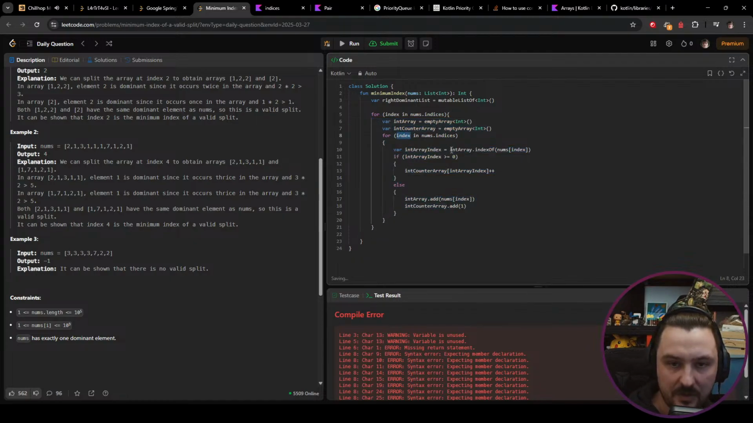And here we should go from 0 to index, left index, and this left index should be used everywhere in here. So one slight optimization that we can do, we can say,